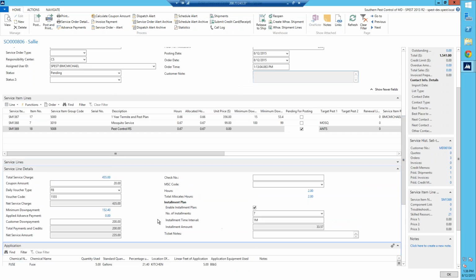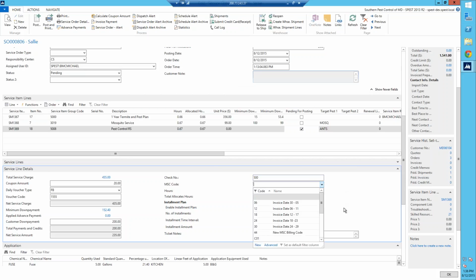Okay. So then, let's say Louise says, okay, yeah, I'm collecting the $200 payment. Check number is 500. And this is a billing thing, this MSC code here. It has to do with the invoice date. So this invoice date today is what, the 12th? So the MSC code would be 18. So you select that, and as long as everything's finalized, you're ready to post this as a permanent transaction, so